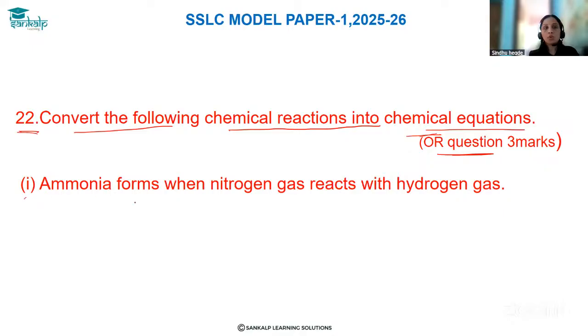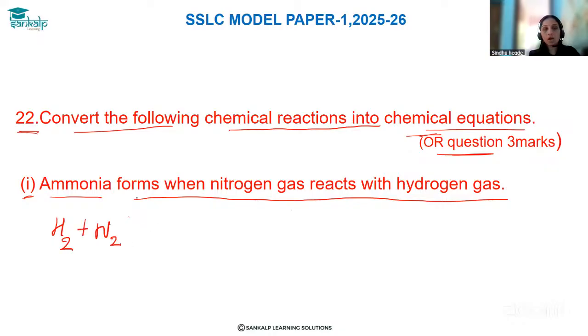First one, ammonia forms when nitrogen gas reacts with hydrogen gas. We'll see how to write. Ammonia is formed, means it is the product. The reactants are nitrogen gas and hydrogen gas. So nitrogen and hydrogen. Hydrogen is H2 plus nitrogen is N2 will give ammonia, that is NH3. Then second one,